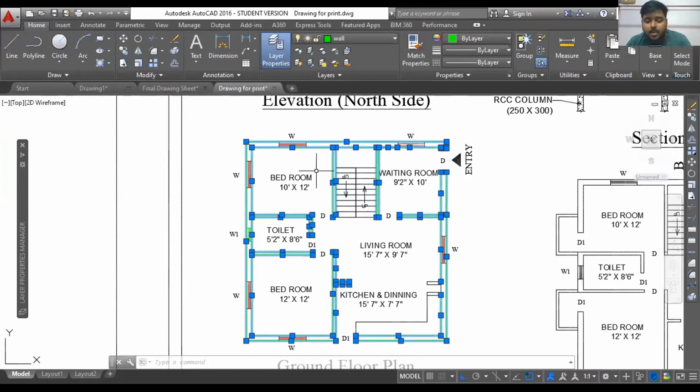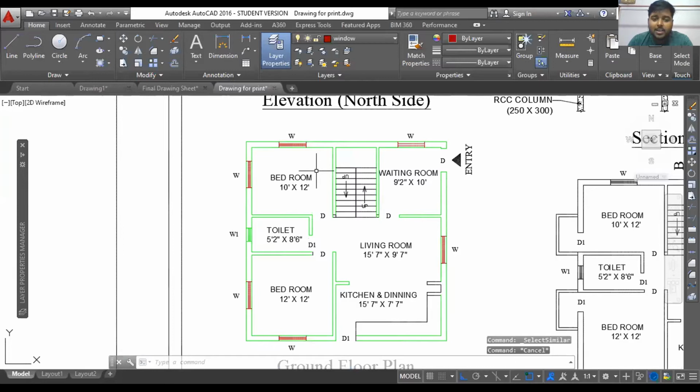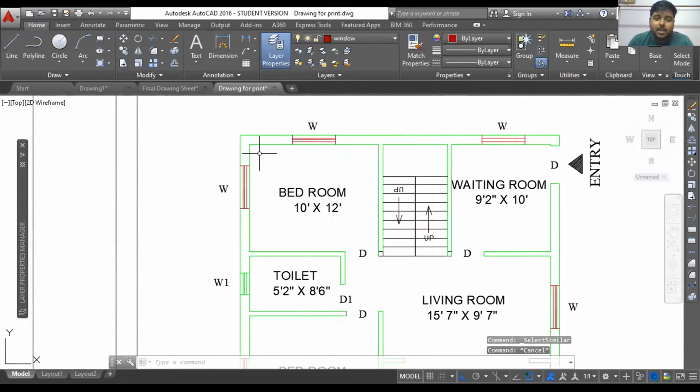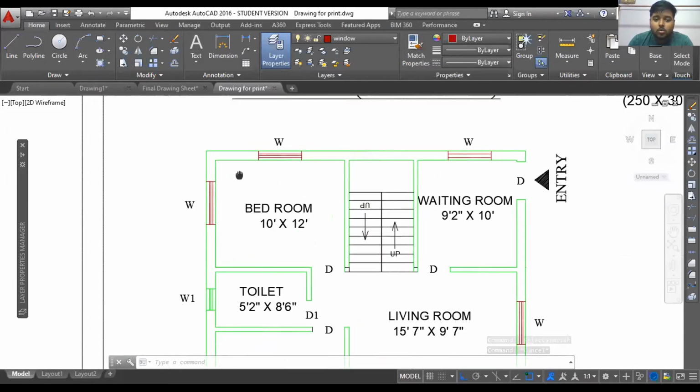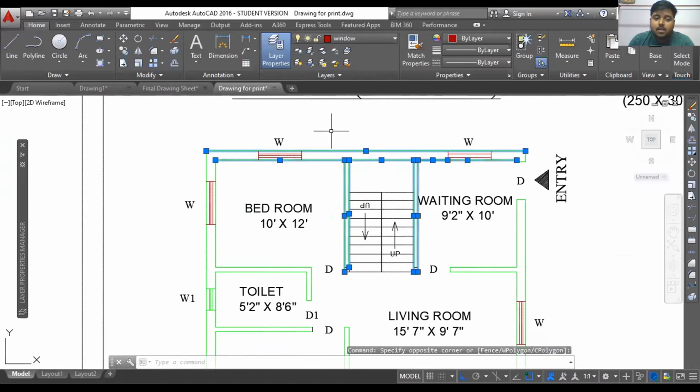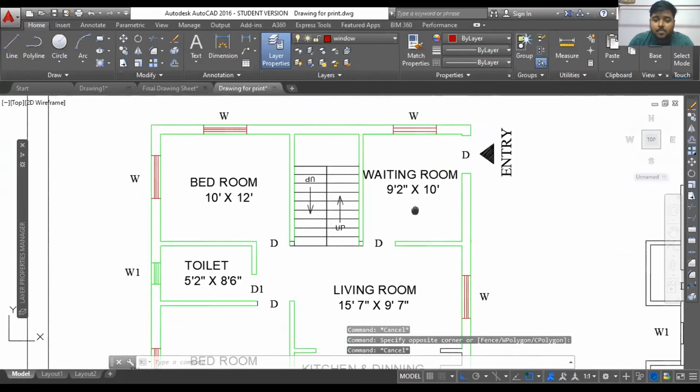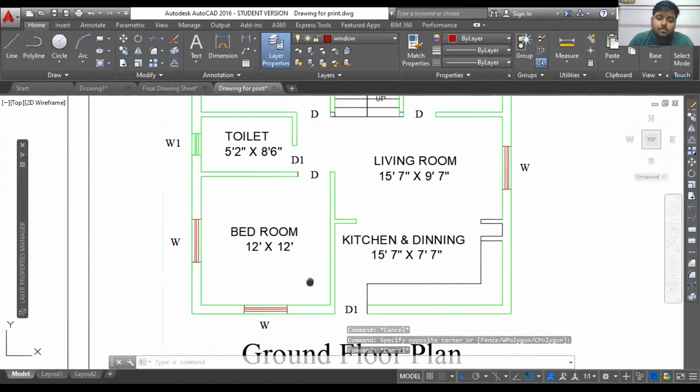Those are the pro tips, or maybe you are already using these things, but still many of you don't know the advantage of drawing parts within layers. So that is the importance. That's how you can utilize it.